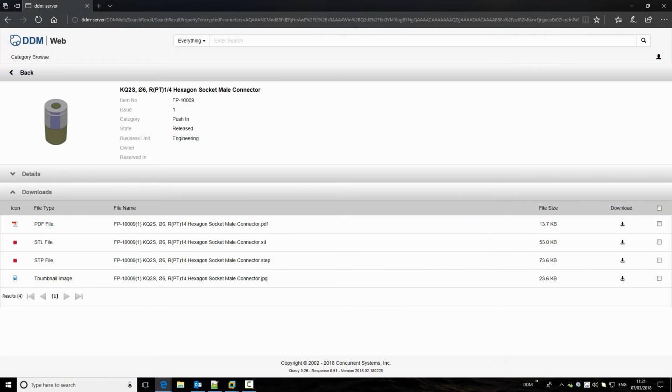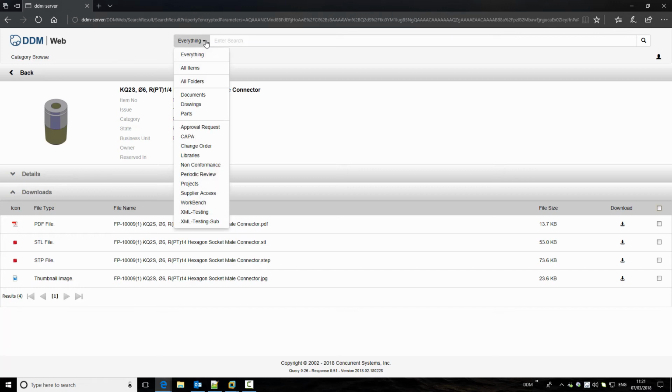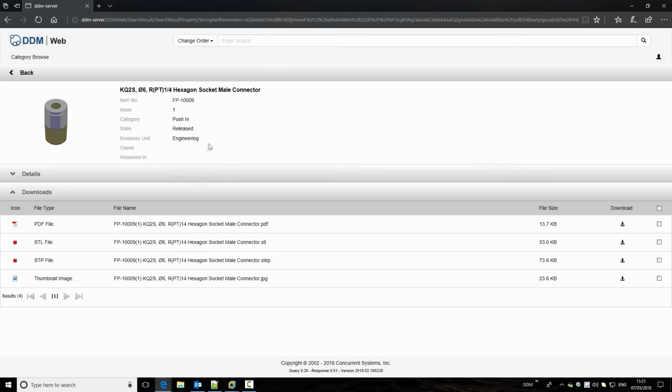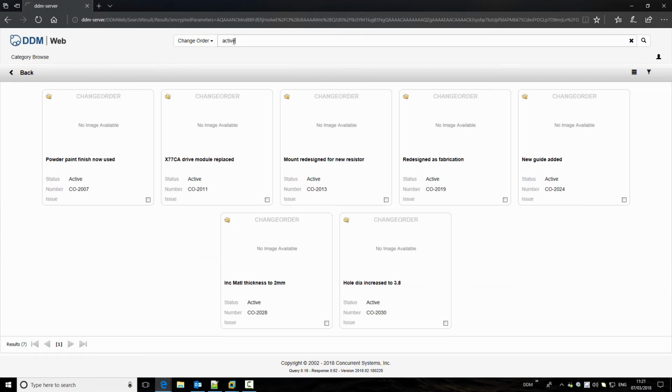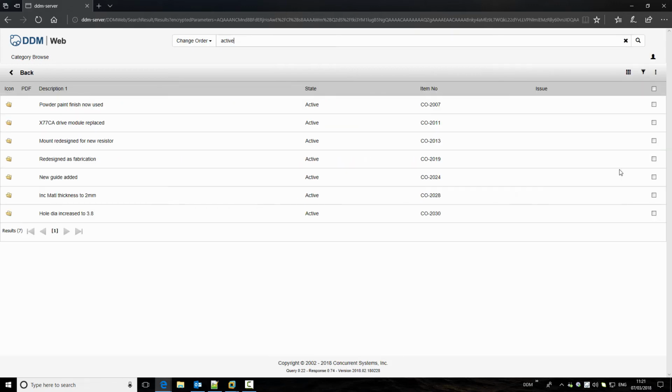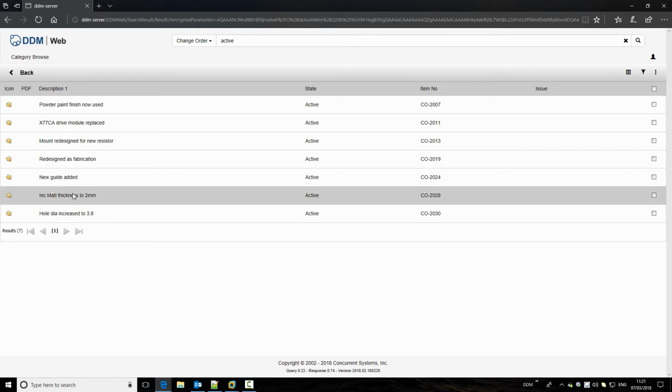Introduced in the second release of the new web client is the ability to search on folders. So if I select to search for change order folders, it may be that I just want to search for active change orders. And if I run this search, then these are the active change orders I have in the system. Typically for folders it's more useful to look in a list view, and so we'll switch to our list view, and if we open one of these folders,